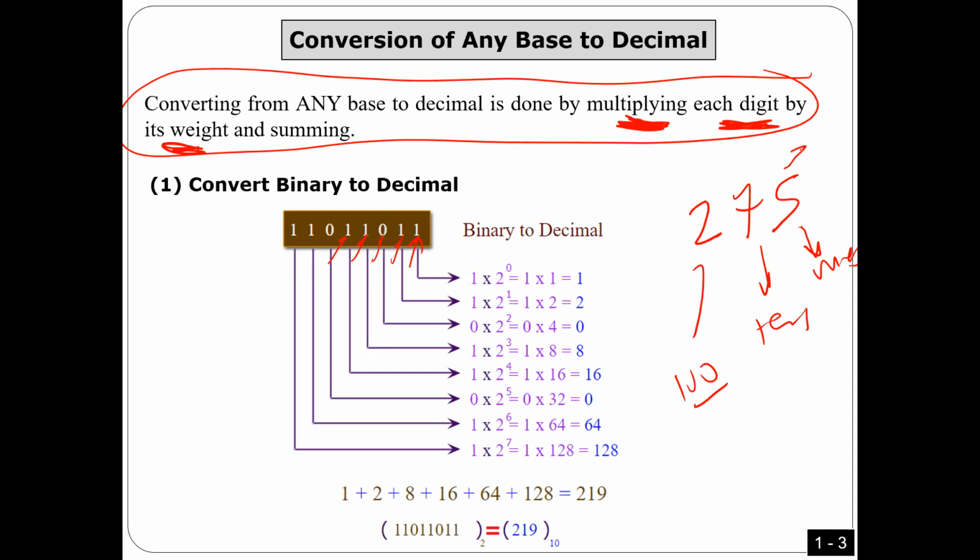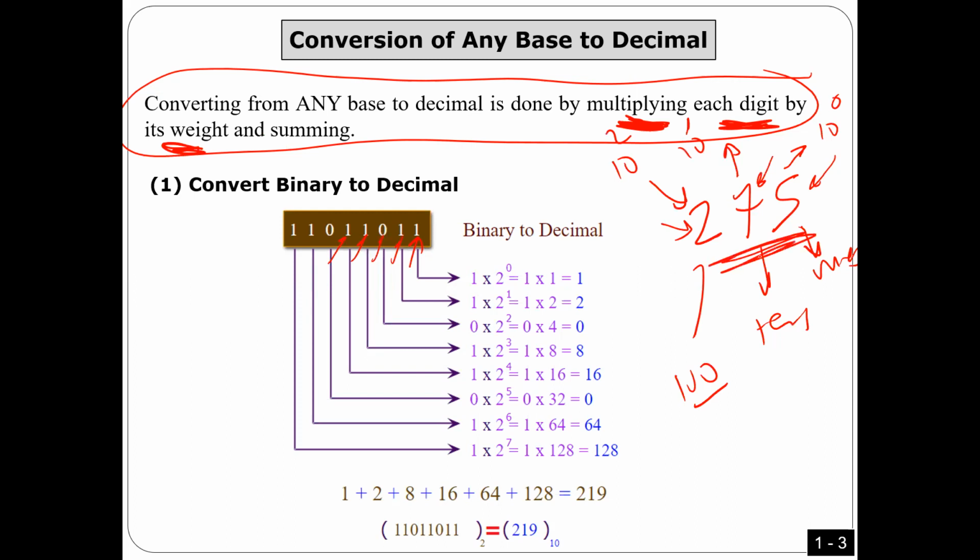The weight of this one is 10 to the power of 0, which is 1. The weight of this one is 10 to the power of 1, which is 10, so any number here is in tens. This one is 10 to the power of 2, and so on. That's what I mean by weight. The weight here is not the same as the weight here. By the way, we're going to use the same approach for the other bases, but the only difference is